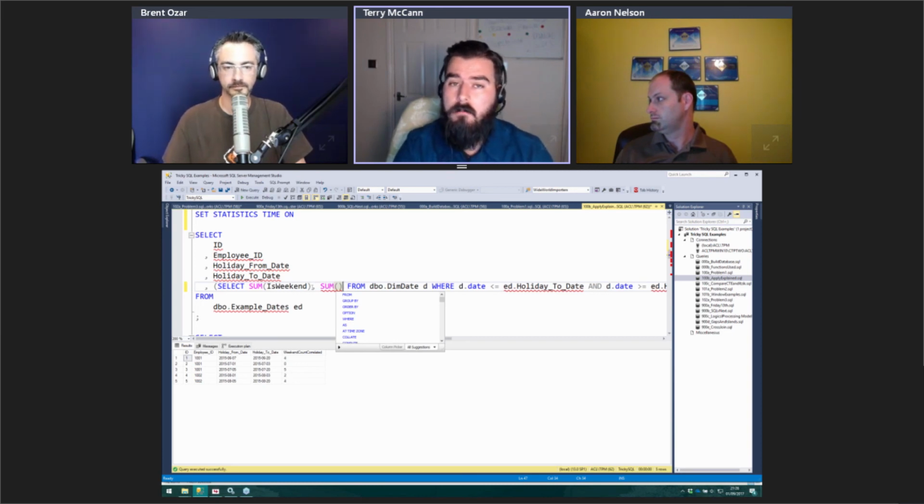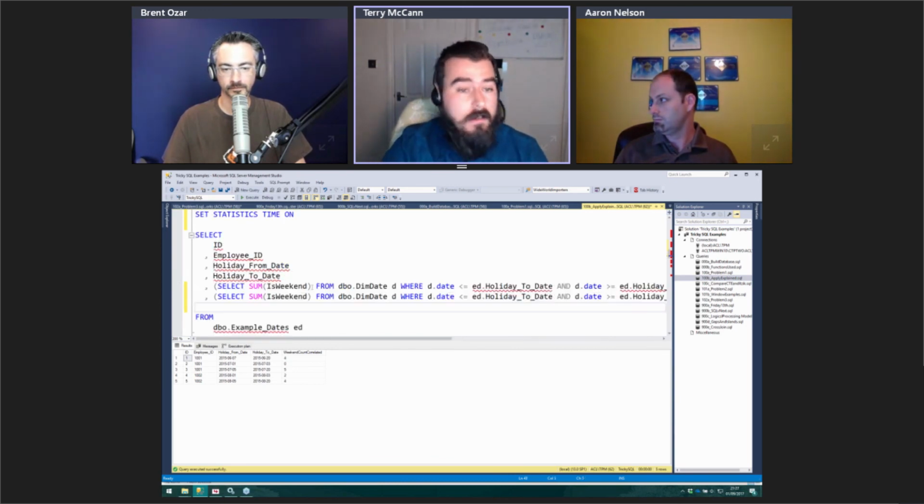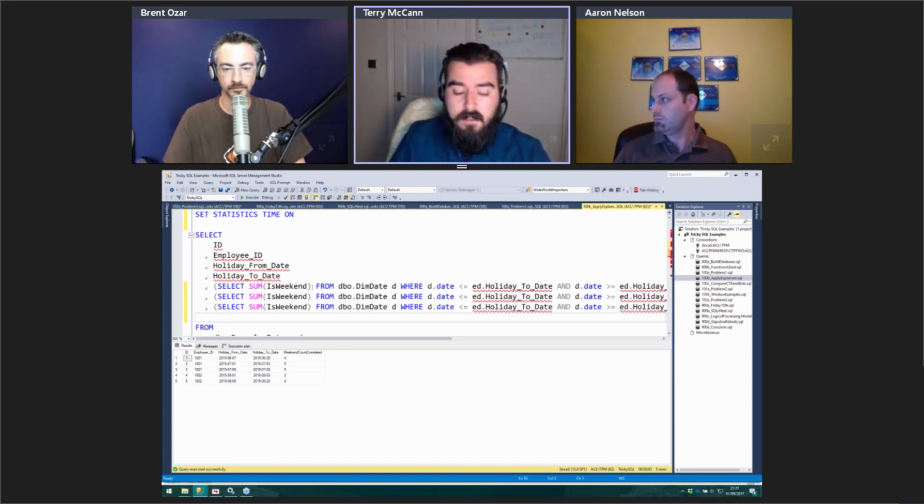I can't return multiple columns. I can't return multiple rows. I just have this space for a value, and that's not going to work. So what I'd end up having to do is something like this and just start duplicating data. So now every time there's a row, I'm having to do 3 queries,